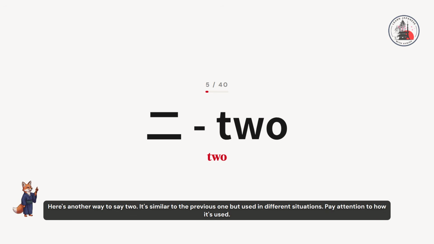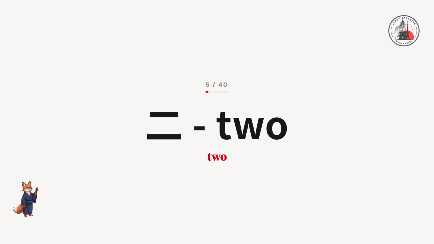Here's another way to say 2. It's similar to the previous one but used in different situations. Pay attention to how it's used. 2つ、2つ。